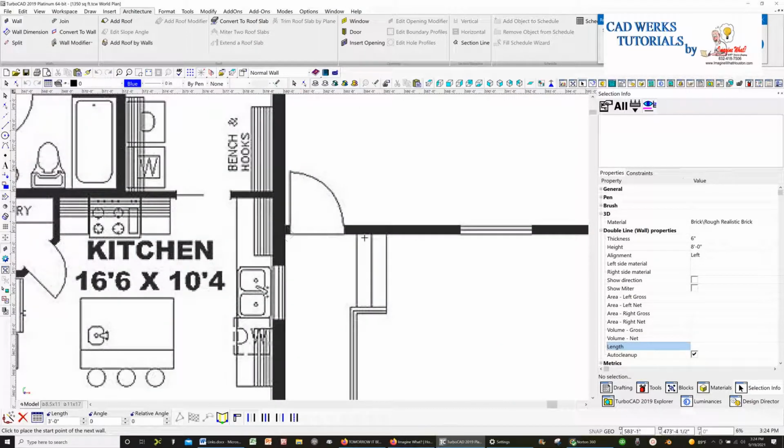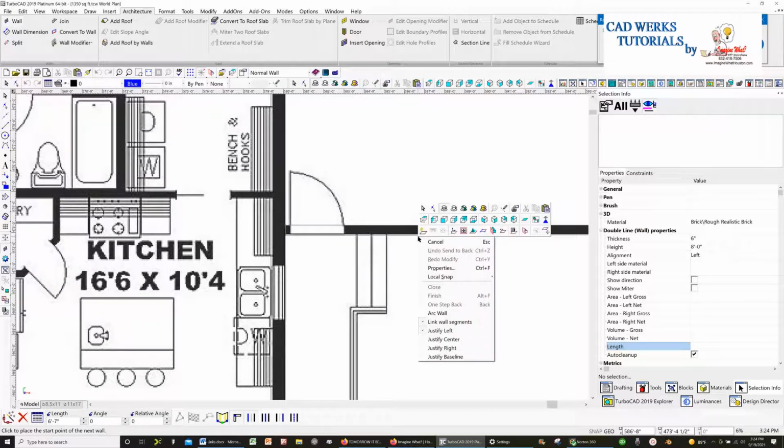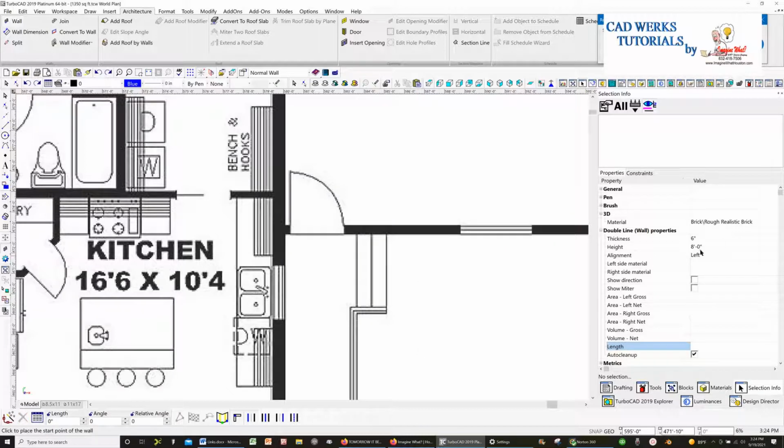Oh, I already changed it. That's good. Okay, so I have properties here where I can change. Right now I've got the thickness of the wall at 6 inches. Over here for the house it's actually 8 inches, and I can put the height at 8 foot, 9 foot, 10 foot, whatever I want. Okay, so again, going back over here,